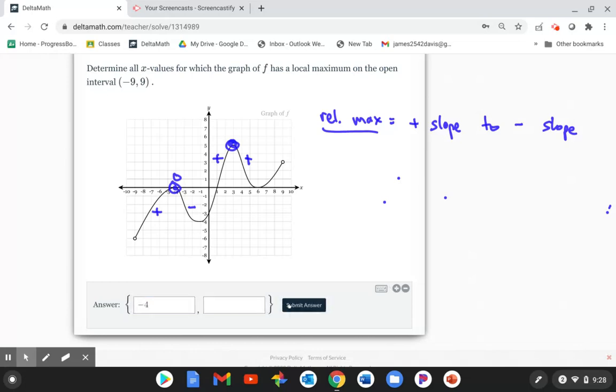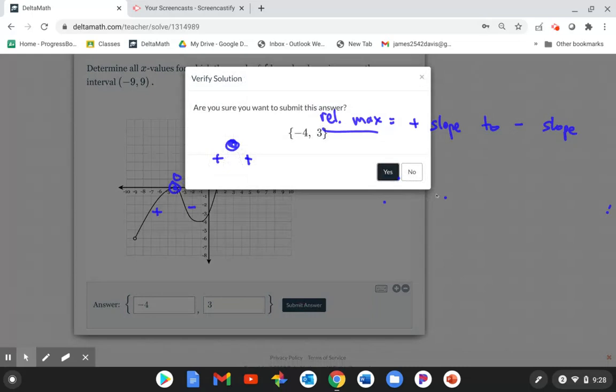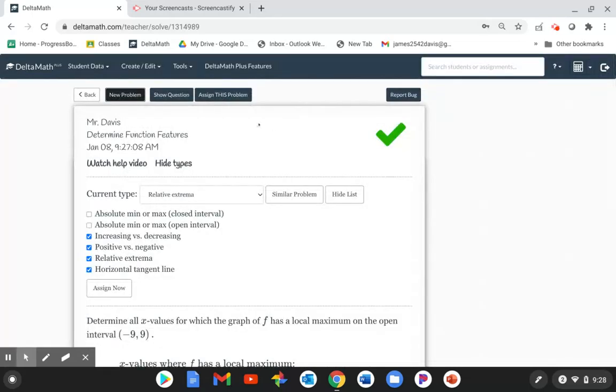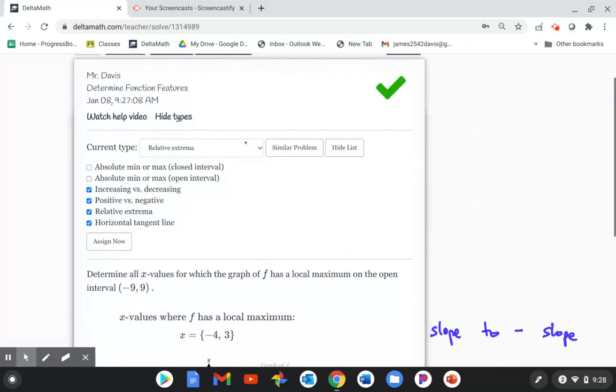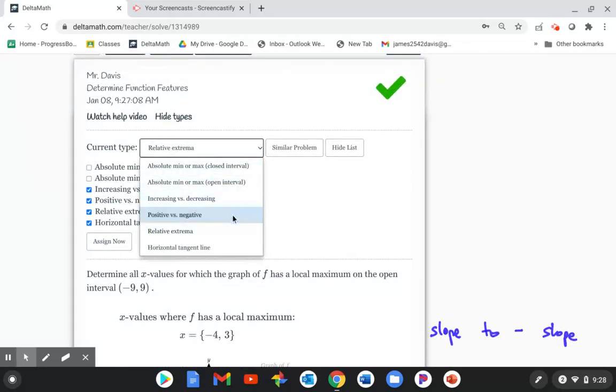So we're going to use the little plus symbol for this because we just want the x values, -4 and 3. All right, and again, we're going to be finding that algebraically in the coming videos as well. All right, the next one, we'll look at